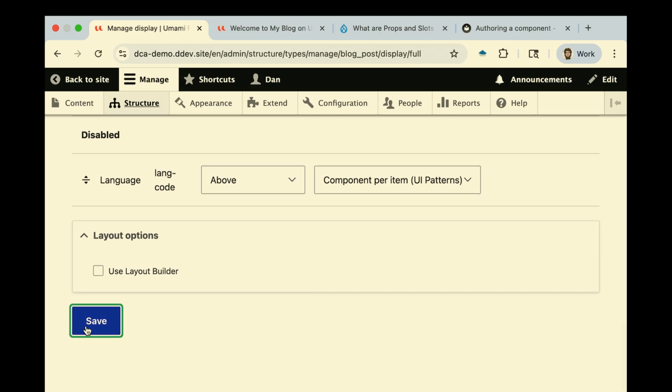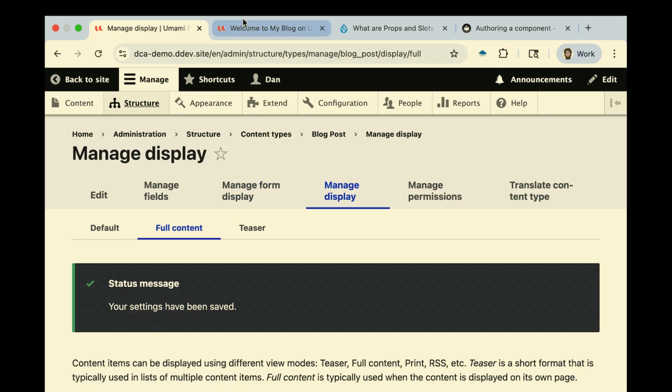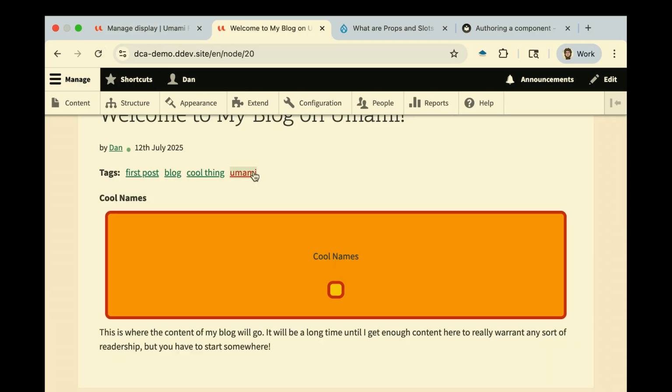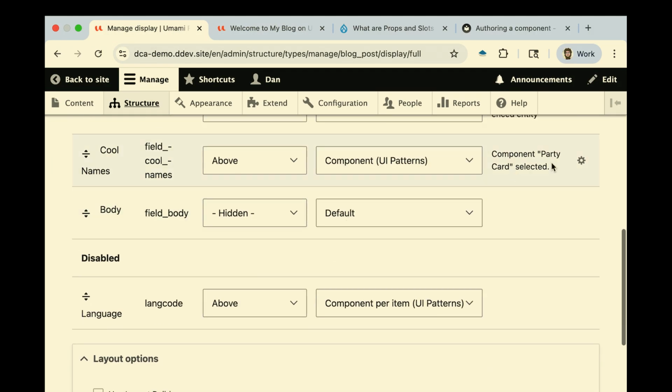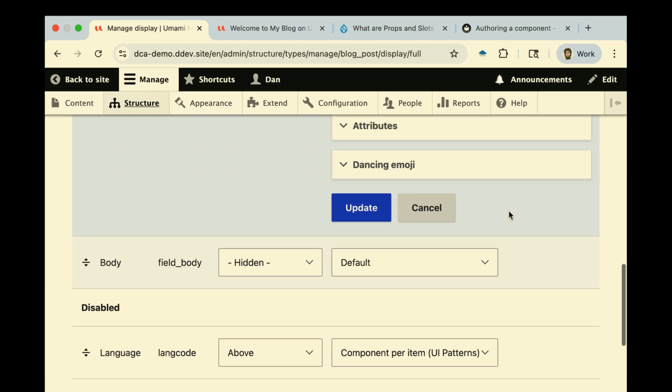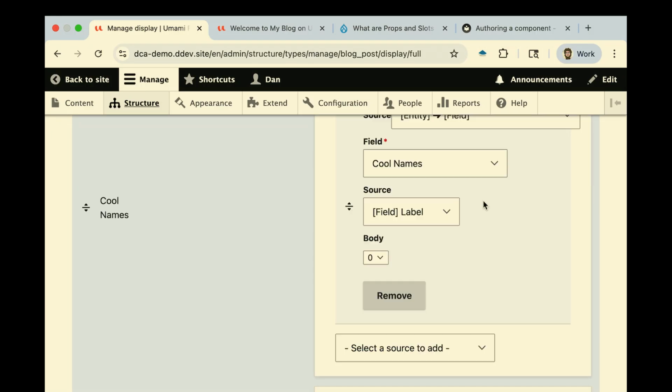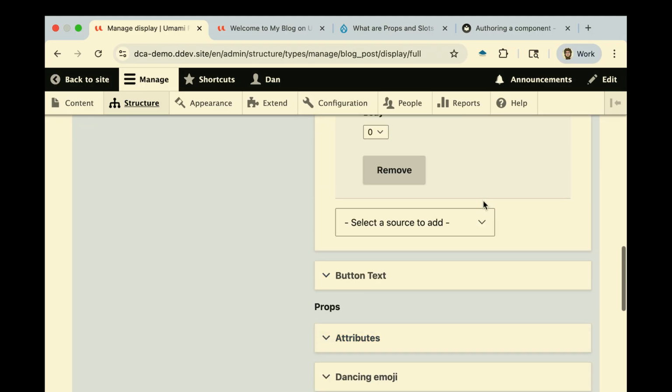Okay. Save. Hooray! This is just the label. I want the field values though. I'm not quite sure why they're not showing up as an option here, but I don't want to hang on to this, because what we can do is instead